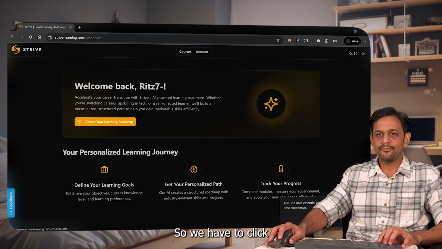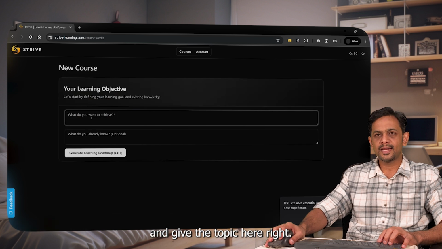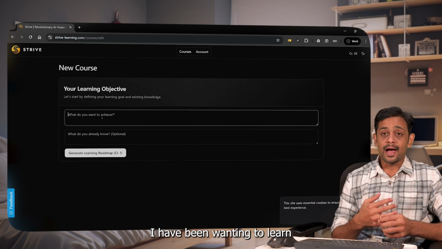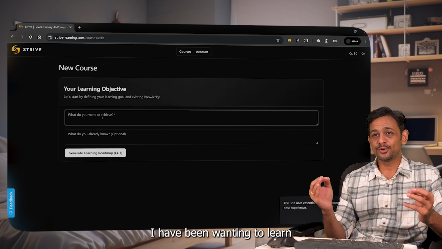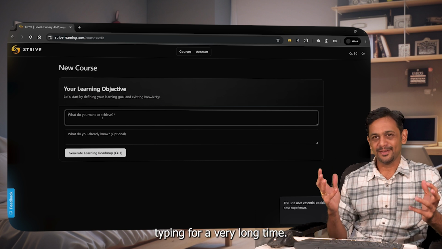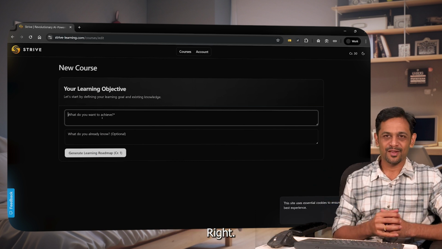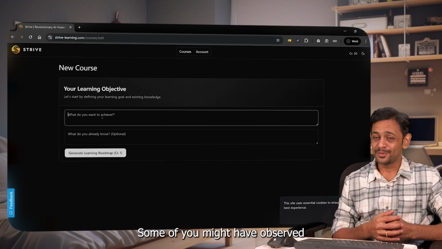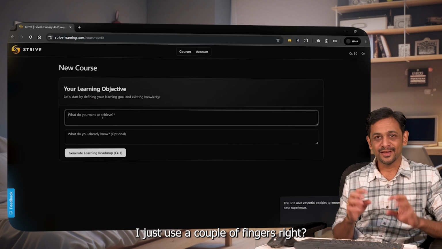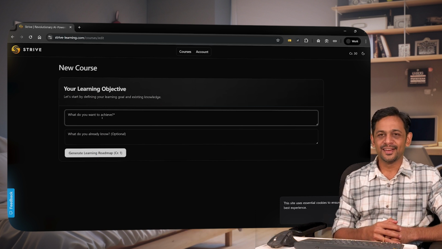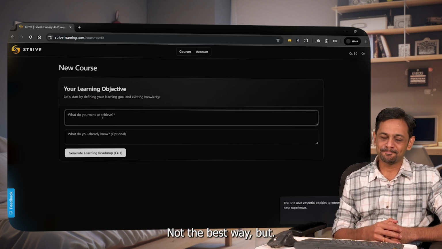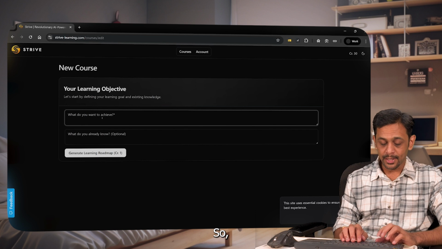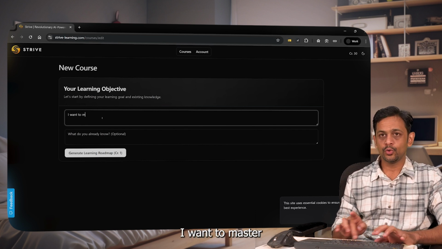So we have to click on this particular button, which is create your learning roadmap, and give the topic here, right? I have been wanting to learn typing for a very long time, right? Some of you might have observed when I type, I just use a couple of fingers, right? Not the best way, but yeah. So I want to master